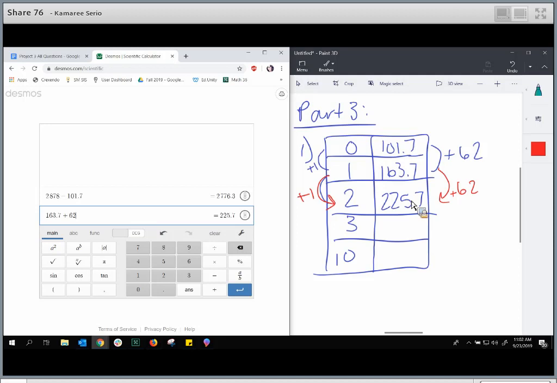So a shortcut way of doing this, right, because sometimes the table's going to eventually start skipping. It goes from 3 to 10, which is a big jump, and I don't want to have to figure out 4, 5, 6, 7, 8 all the way to get to 10. So what you could do is, remember our equation was